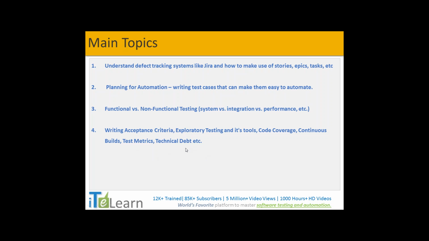For example, I can think of one thing: any functional test engineer who is going to do the testing should have a basic knowledge of the database side also. Why I'm saying all that, because